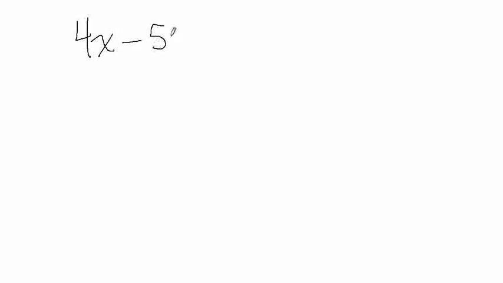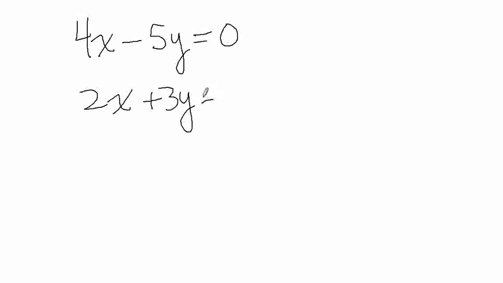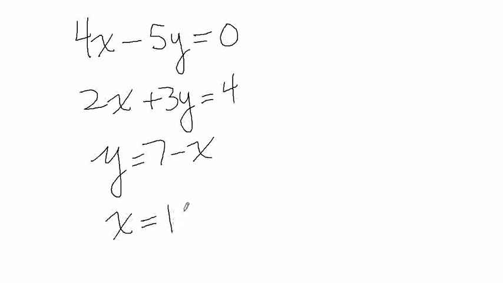4x minus 5y equals 0. 2x plus 3y equals 4. y equals 7 minus x. x equals 1015 plus 2y. All right? Now,